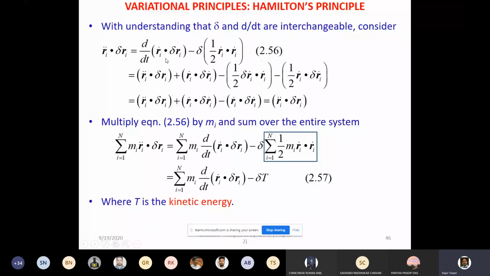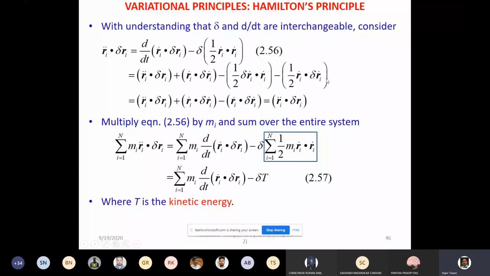If we differentiate the first term, what will we get? We'll get two terms. One is the Ri double dot and this. Then the second time this will get differentiated. So these are the two terms from the first term, as we are differentiating a product of two terms. Similarly, when we do the variation, first we do the variation of this and second time of this. So you can see there are two terms. Variation has a similar property to differentiation. So first we get the variation of this and second time of this.